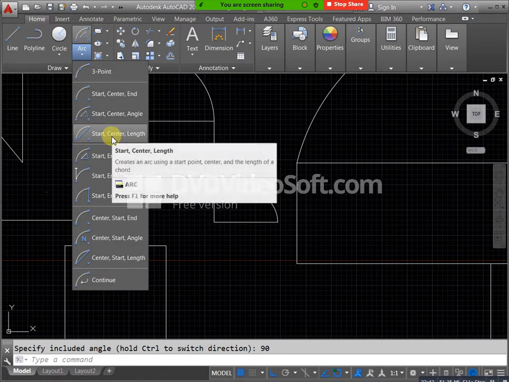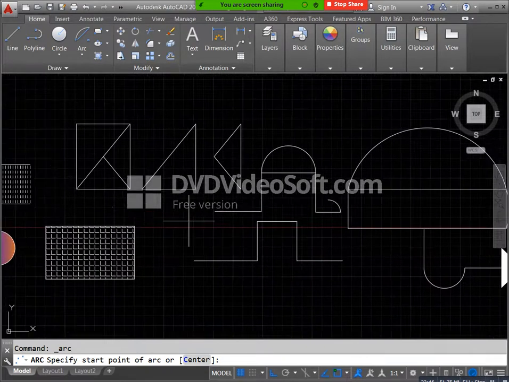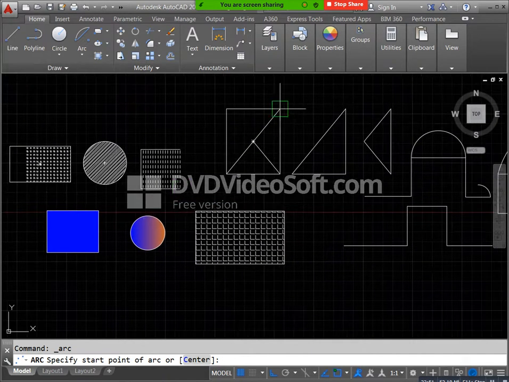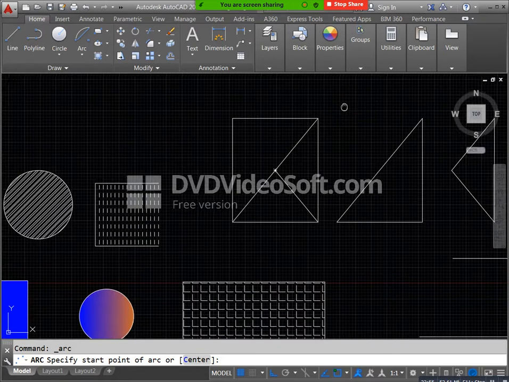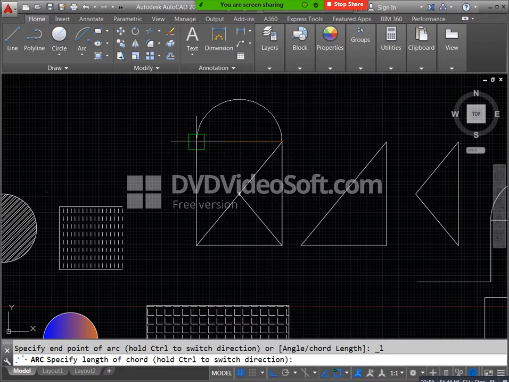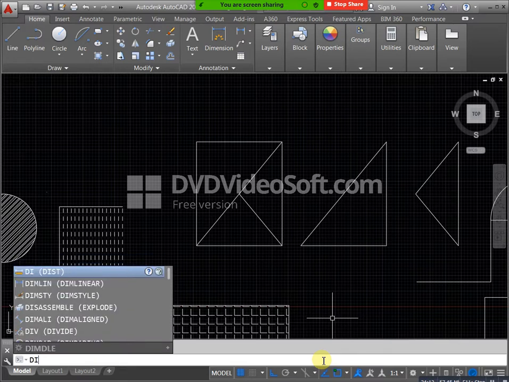Invalid. 15 is invalid. Just select distance, and you can measure from this point to this point. How much is there? We have 13. In the 13 condition, 15 is not applicable now. That's why that option came invalid. Try once again. Just go here, start, center, length. I need 10. You can mention 10, you will get your arc. Okay. When you mention a distance above or larger than the available distance, then you will get the invalid option.